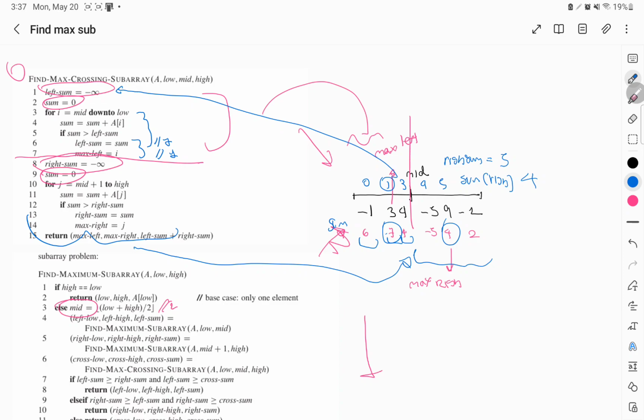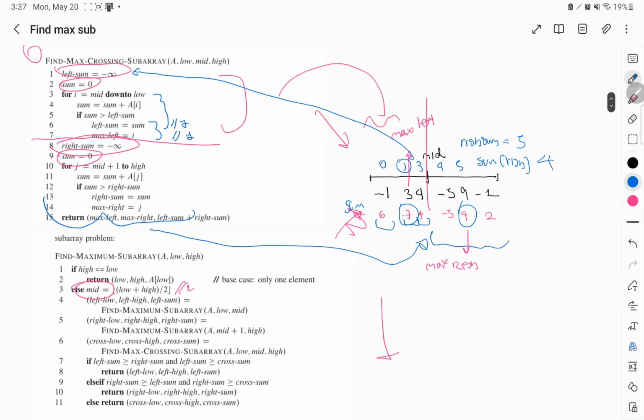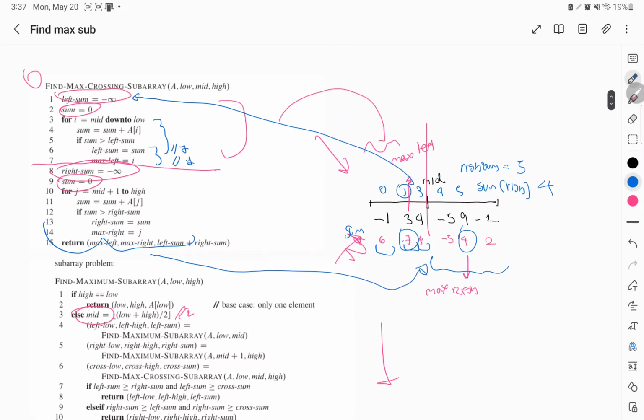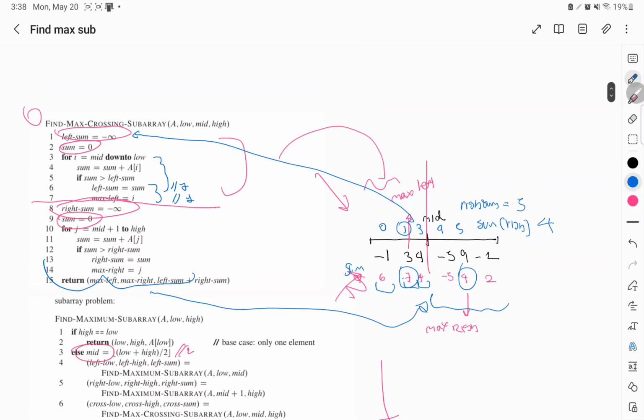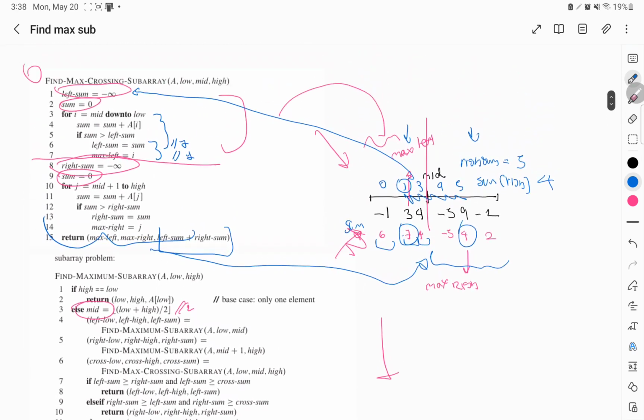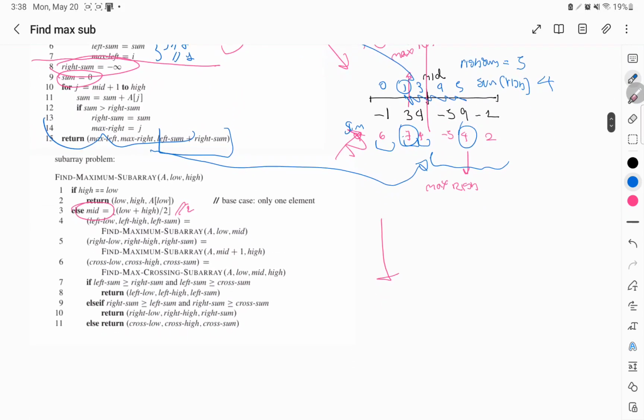All right, and then what you do is you return the sum of it. Okay, so now you return the sum, which will be from here to here, and also which is the left and which is the right. And you do that, so that will be find max crossing subarray, which is called here and here. But what you do here, sorry, not here, here, which is done here, and what you do here and here